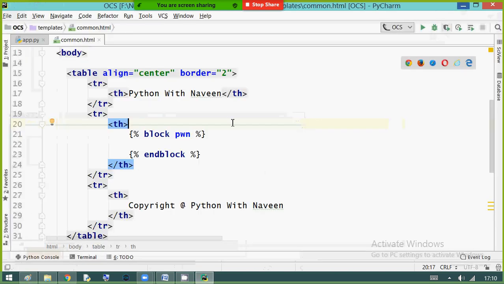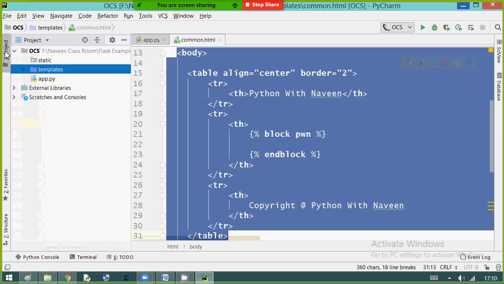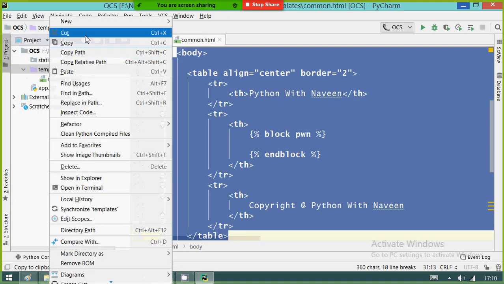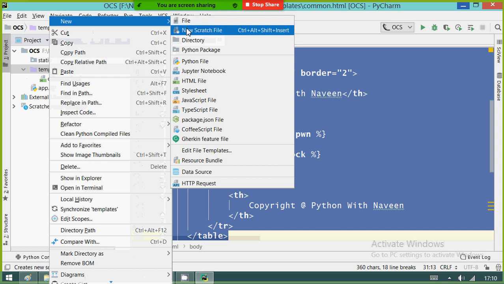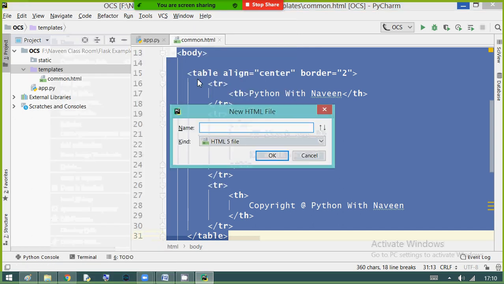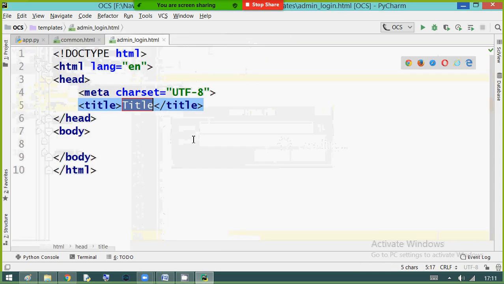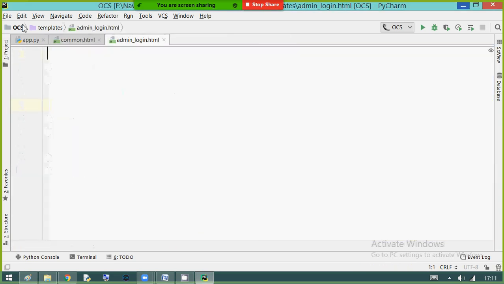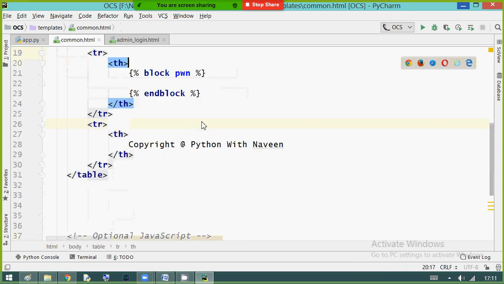Hope you can see that color. Very fine. Now this common.html is going to be inherited by templates. I am creating a separate HTML file, naming it admin login. In admin login, I don't write any of this code because I am going to inherit everything from common.html.